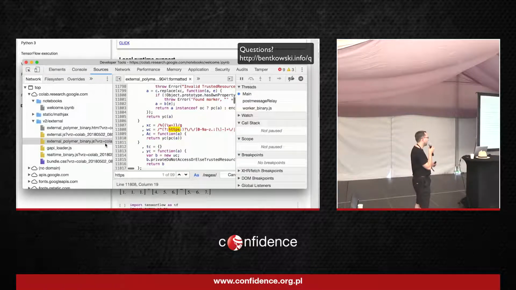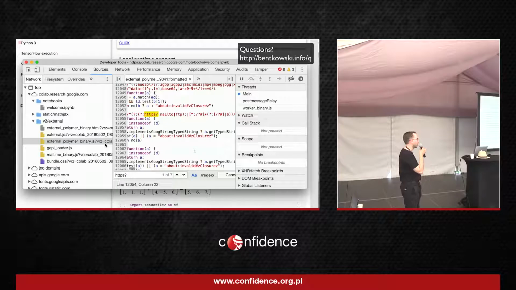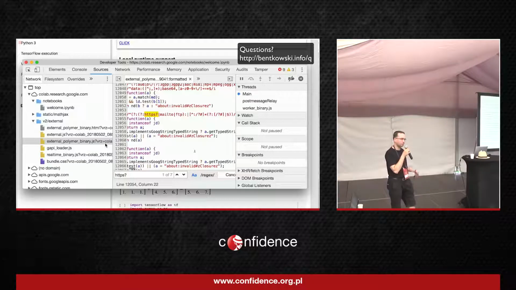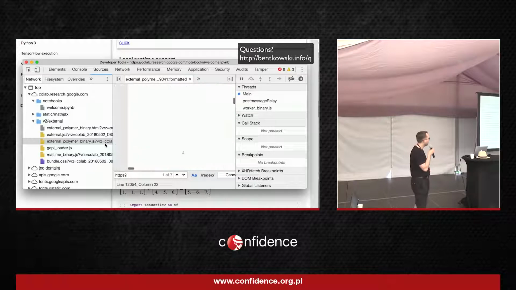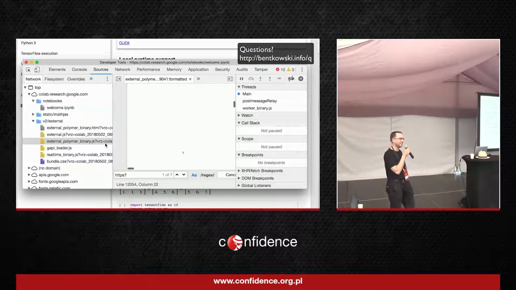And I guessed that there will be a string HTTPS and question mark. And I actually found the regular expression. Long story short, I wasn't able to bypass the regular expression. However, I had a look at the code that was near the regular expression because I knew that in this code, they are trying to sanitize the HTML. So maybe I will find something interesting. And I was browsing it, and browsing it.